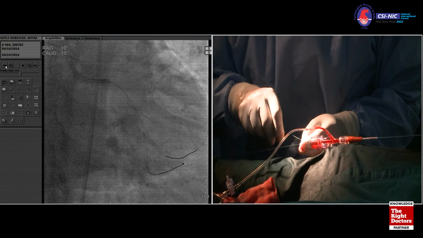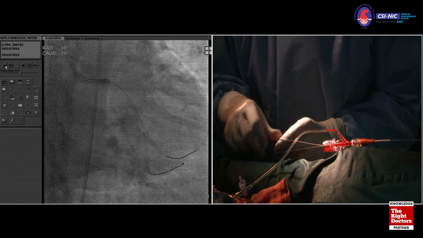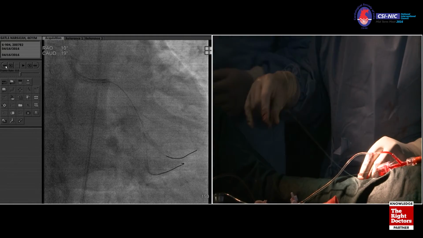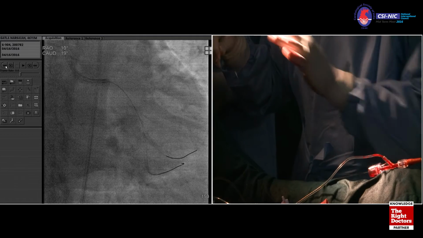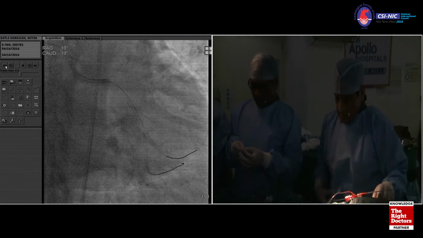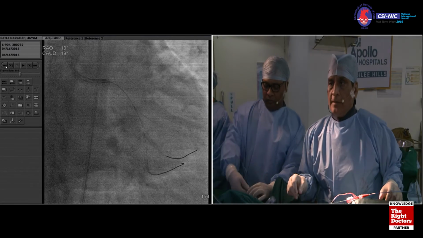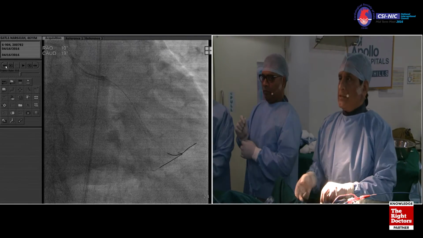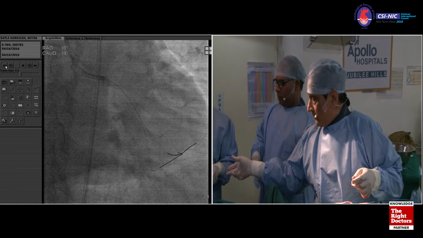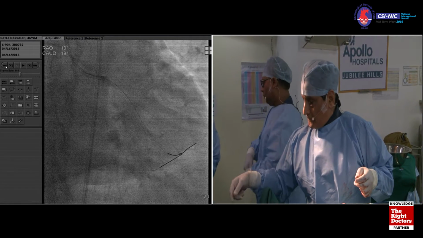Okay, let's give a little nitro. So we have to flush it. Did it rupture because of the stent or because of the pressure you inflated to? How much pressure did you go to? 12. 12. I mean, it should not. I think it may be just part of the combination, both going through the ragged stent struts which were there. But the patient is okay, no ST-T wave changes. We'll just go and post-dilate. Give us our 2.5 balloons and give the NTG.